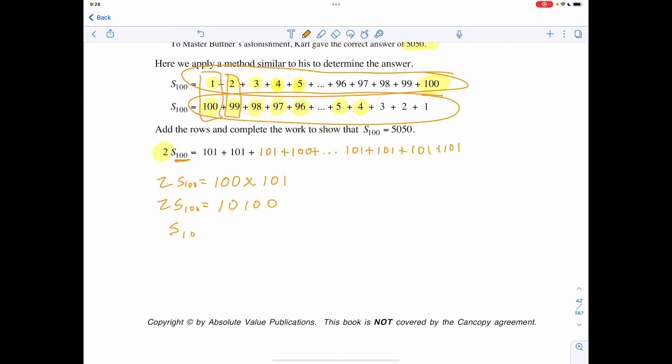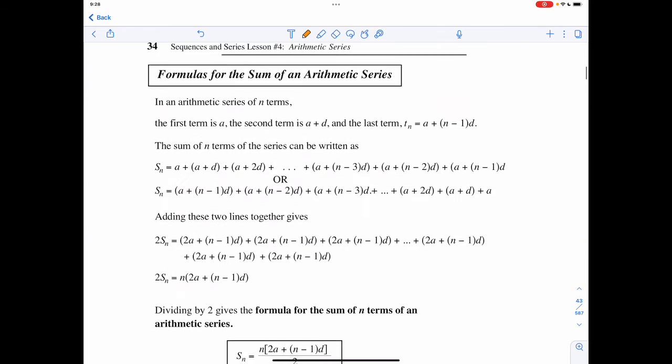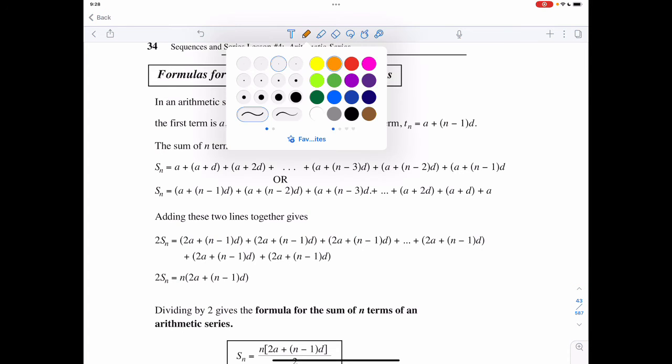Then all he had to do was divide both sides by 2 to say that it was going to be 5,050. Now this is a lot faster than adding up all of the individual terms. This would work